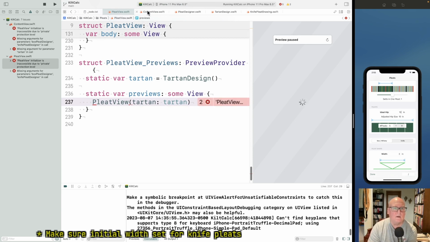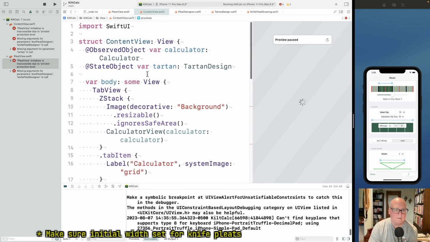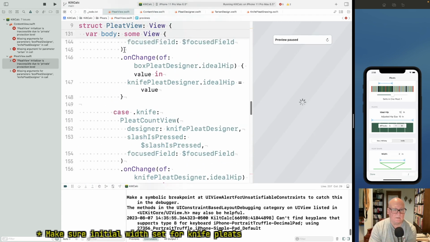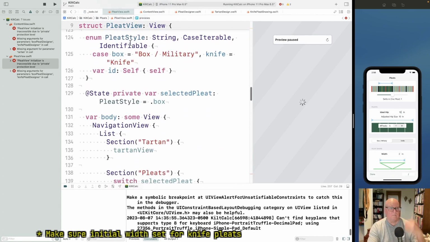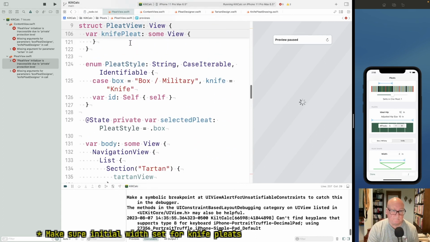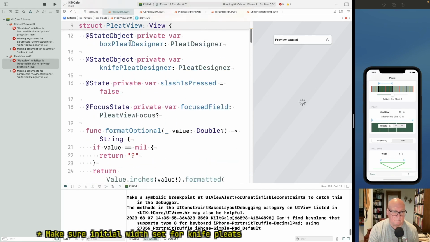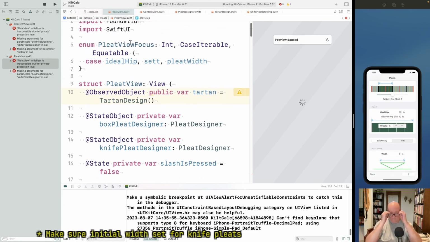So Pleat view needs. I'm getting buried now. If I pass that in,